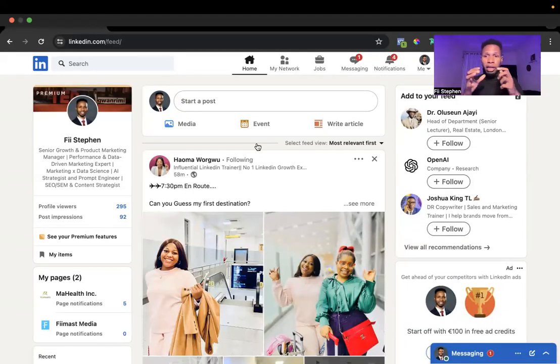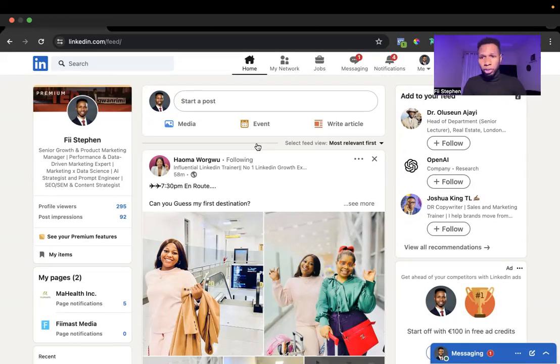You want to be able to create content that helps you get to a point where people can see you, see what you do, see the products and services you have to offer, and decide to do business with you. So content is really important. That's why, seeing that you've already created your profile and started building your network, the focus for today is to teach you as a realtor how to create content on LinkedIn.